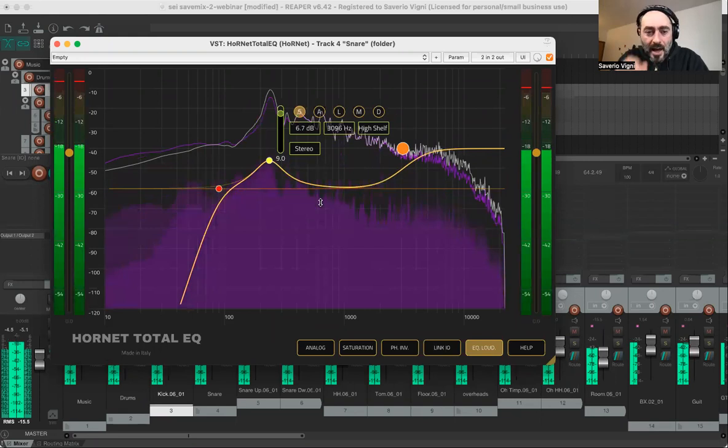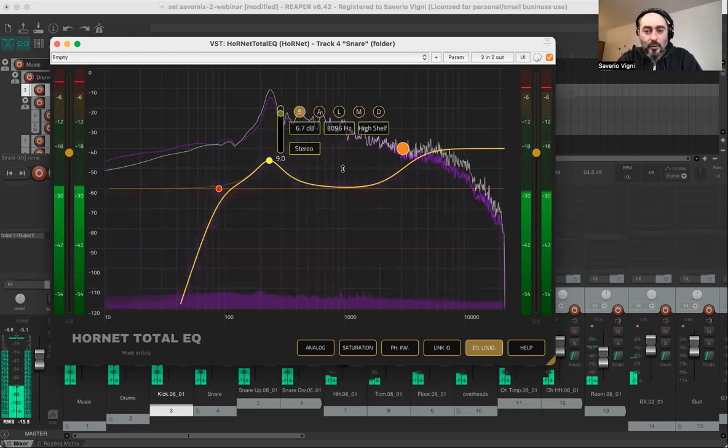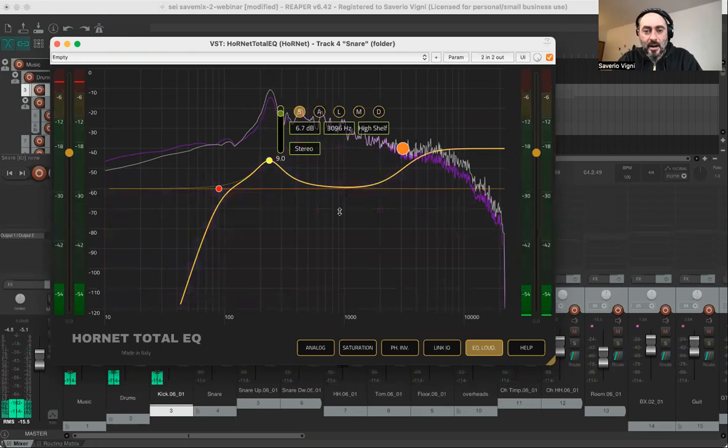I won't do anything else because I'm afraid that if I remove the spikes that are here, I remove too much of the body of the snare, so the sound of the snare. The snare has a ringing note, but I don't want to remove it because it gives character to the snare. So I think we are done with the EQ of the snare,